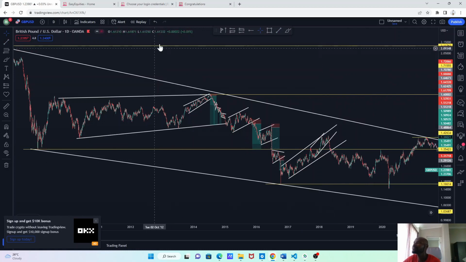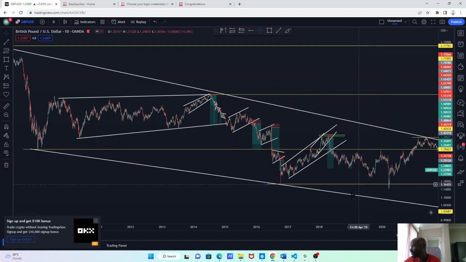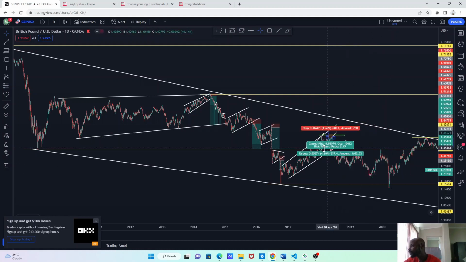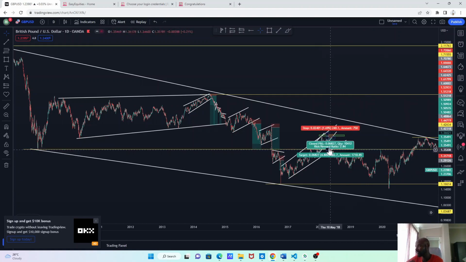Then what would be nice is that the market has formed a double top here, so there would be another opportunity somewhere here. You look for a momentum candle, a bearish momentum candle, then you execute. Your first target would be here, because you don't know if the market is going to reverse. Maybe you can use that as your first TP, but once you see that